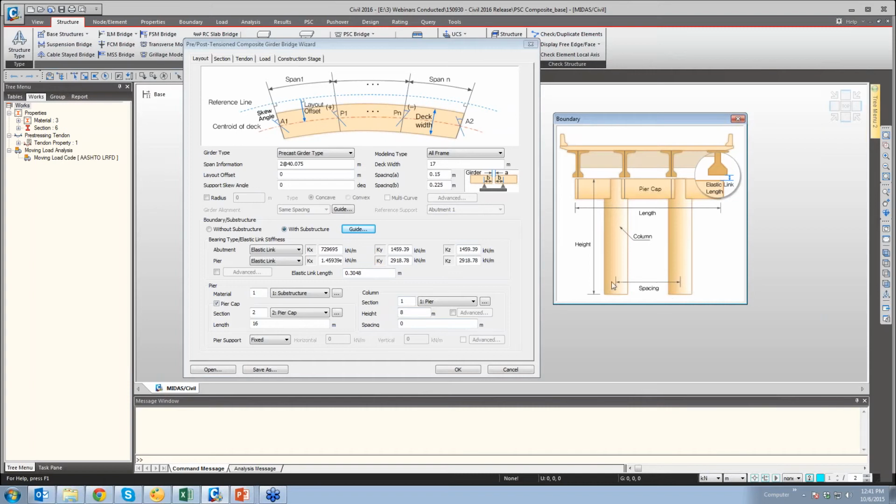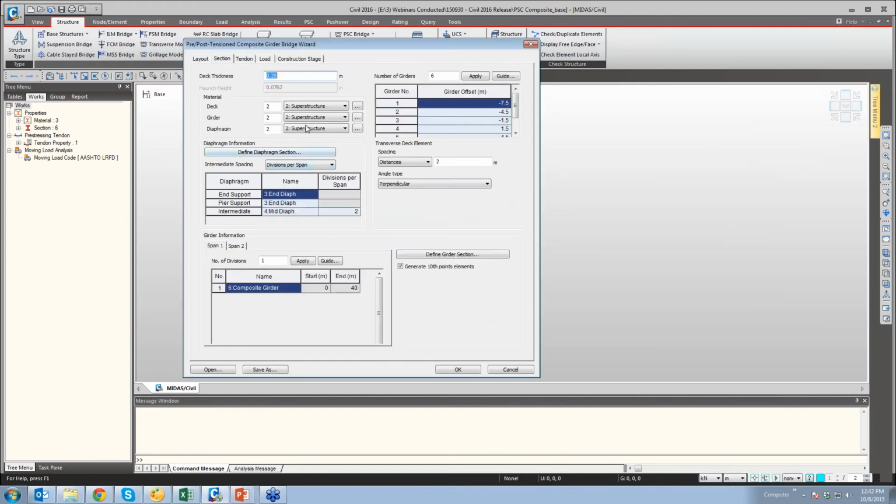If you have only one pier, then this spacing can be kept as 0, which will be the center to center spacing between the number of piers. Okay, similarly, the length mentioned over here is the length of your pier cap. So my deck width is 17 meter, but my pier cap length is 16 meter. So that could be entered over here. And then the pier support, whether you want fixed support at the bottom of the pier or you want say spring to model the soil. So that is the layout.